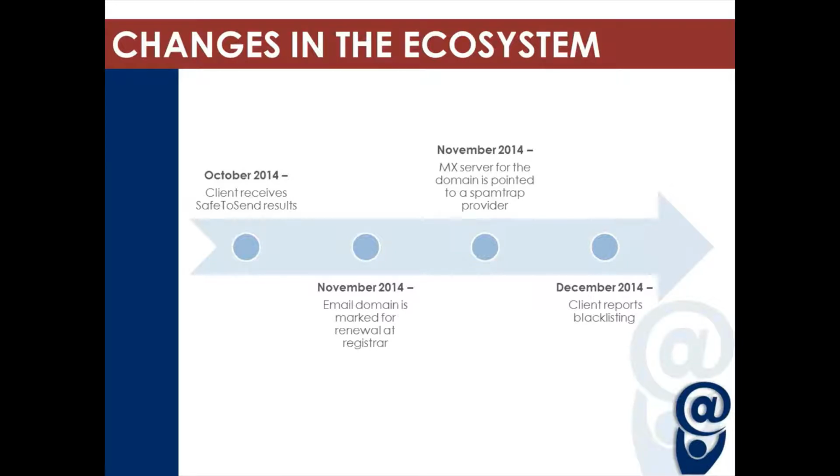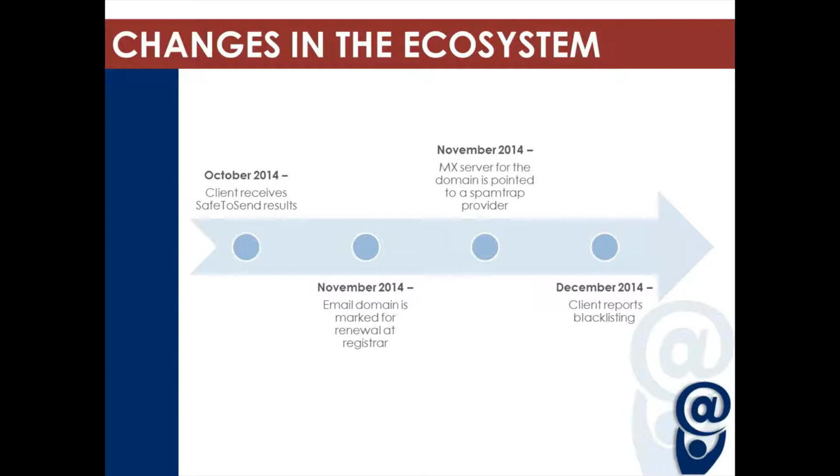Ownership of domains is on a certain schedule depending on how much you purchase that for. So there's nothing particularly special about that, except that later on in that month, the MX server for that domain, which is the incoming mail server, is pointed to what we now know as a spam trap provider. This sequence of events, of course, is happening unbeknownst to the client, and this is all sort of in hindsight,